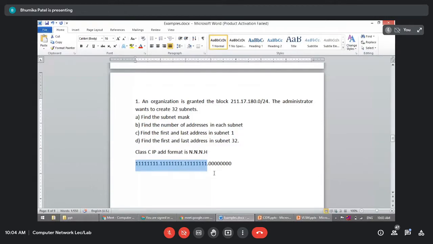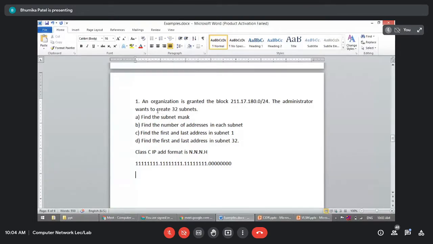What about the subnet bits? Yes, ma'am. Already 24 bits are for the network ID. In the subnet mask, whatever bits are for the network ID and the subnet, all of those are ones, and the remaining are 0. But here we have already used 24 bits for the network. What about the subnet? Okay, so this is the tricky question, or it is twisted.